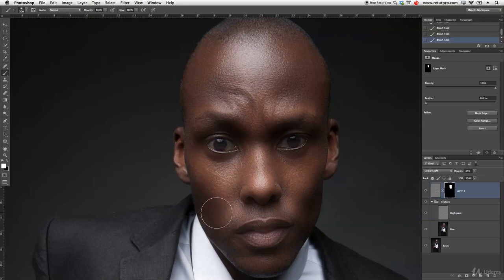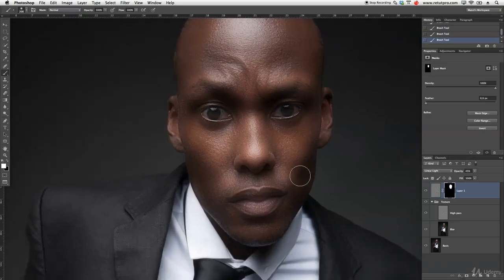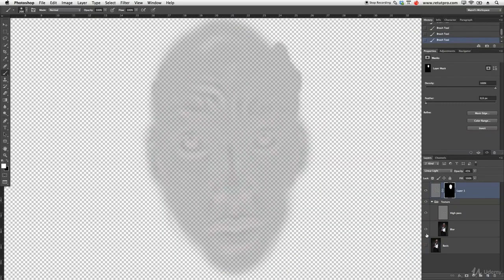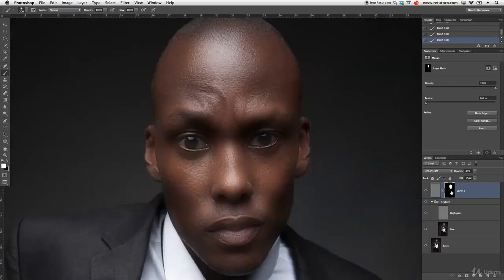Okay, so the transitions work really nicely. Okay, a little bit more, and I'm just going to do it really roughly now. Over this ear. Okay, a little bit down. Okay, let's have a look if we covered almost everything. Yep. Okay, so what I'm going to do is turn all layers on again, go back to this layer, B